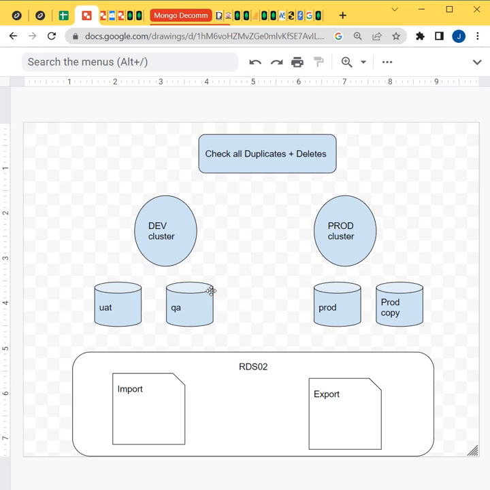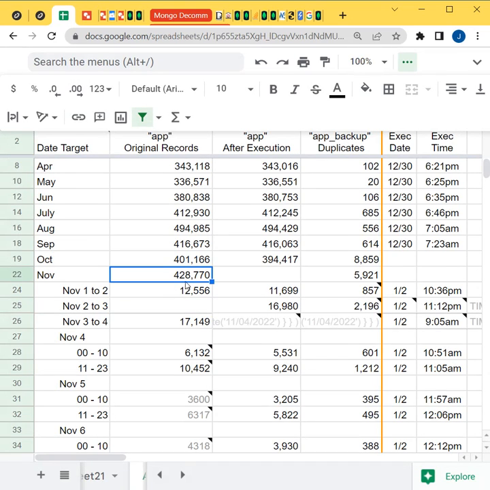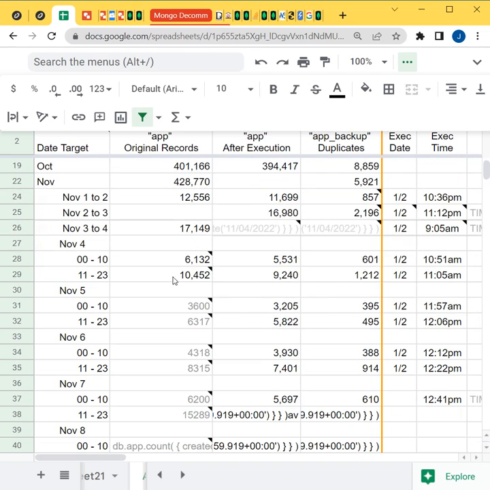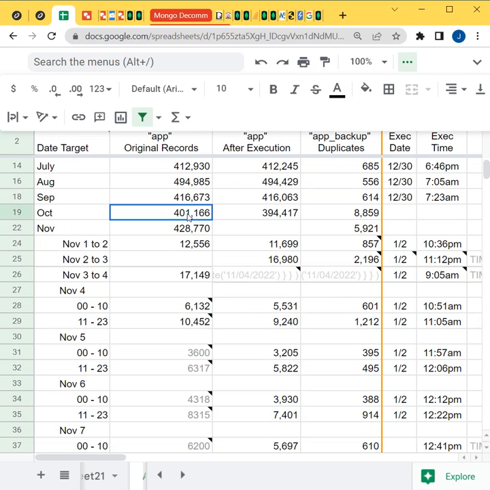For example, in this one, these are all the original records from the app before running the script, and after running the script, it decreases. That means it deleted all the duplicates, and these are the duplicates that were discovered, which have a copy in this collection. However, when I move to the more recent months, where I experienced the timeout error already,